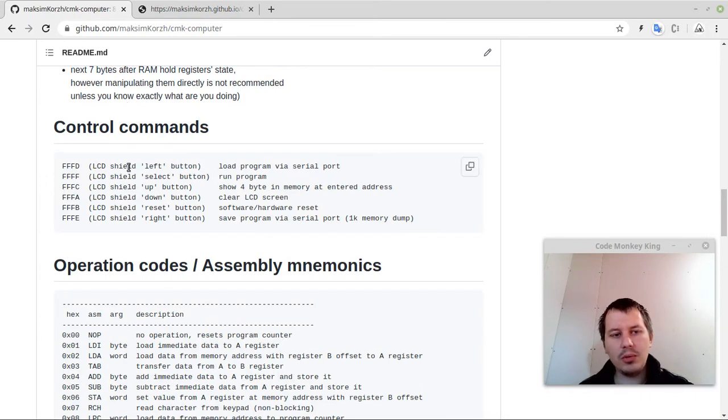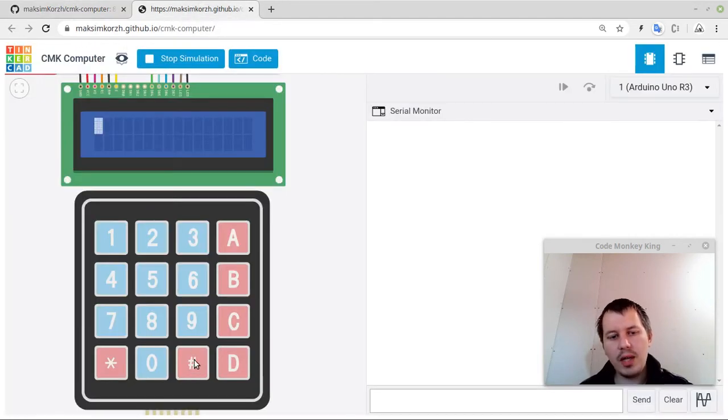And now the next command, so we can inspect whatever we have in the memory. FFFC shows 4 bytes in the memory at the entered address, so whatever address we want to inspect. So let's say FFFC, and I want to inspect the address 0000, right? Here we have the program bytes that we've just input. And for instance, if we say FFFC and let's say 0002, now you see we have the 2 bytes from the previous screen, but the next 2 bytes are already